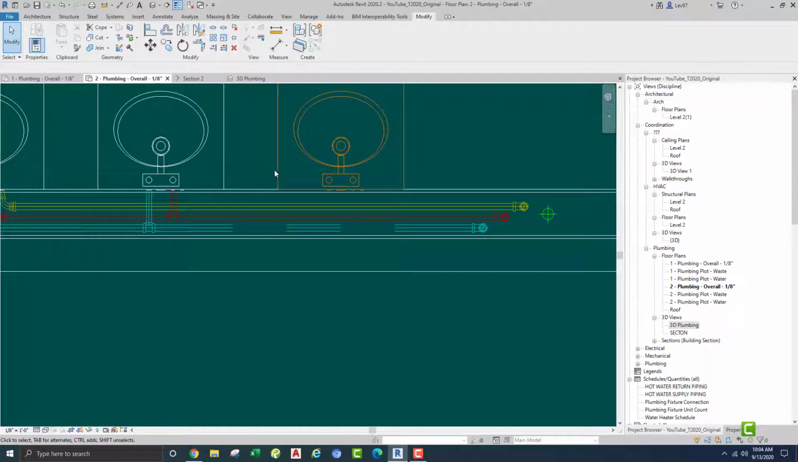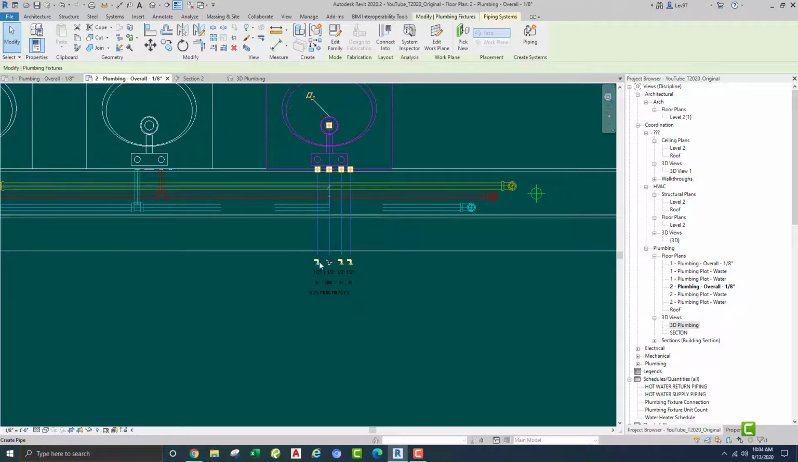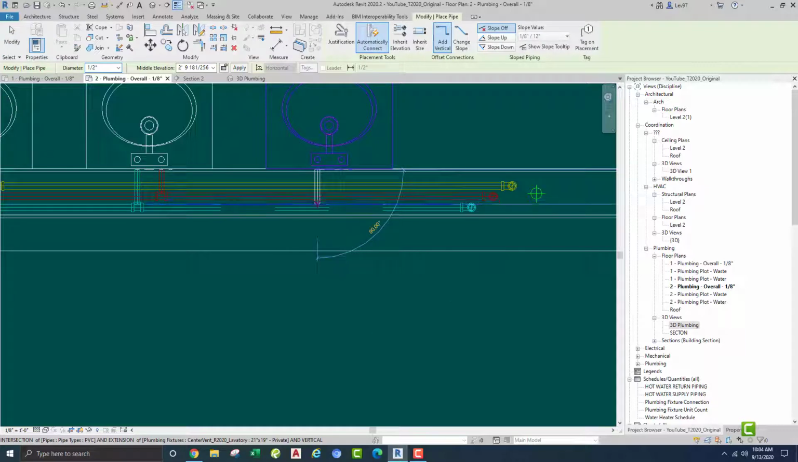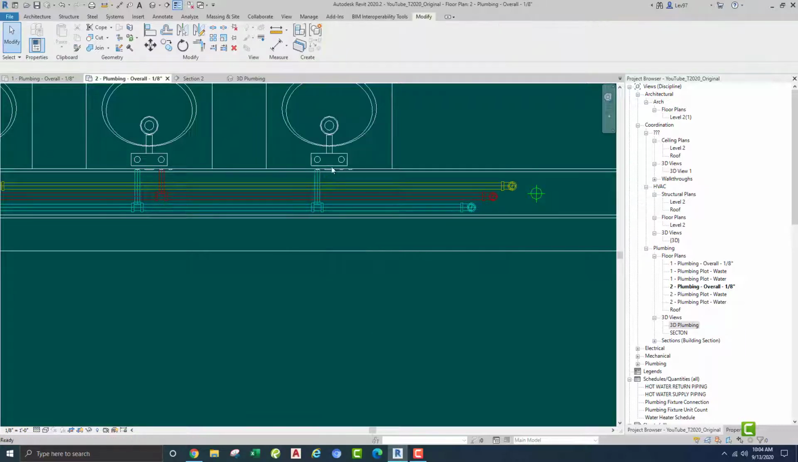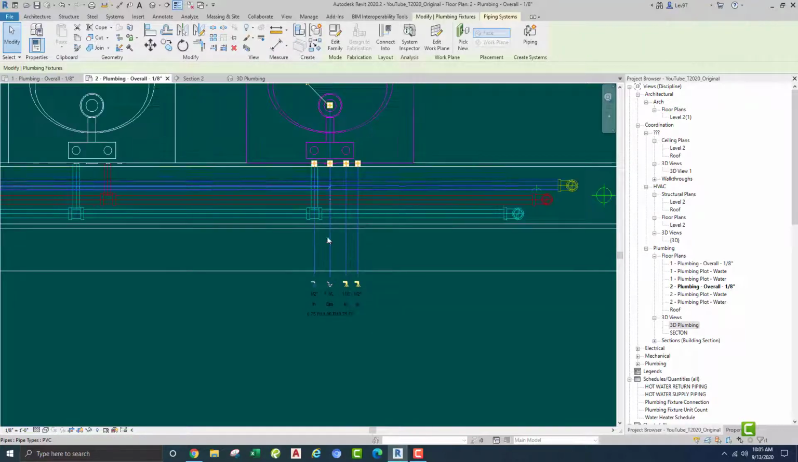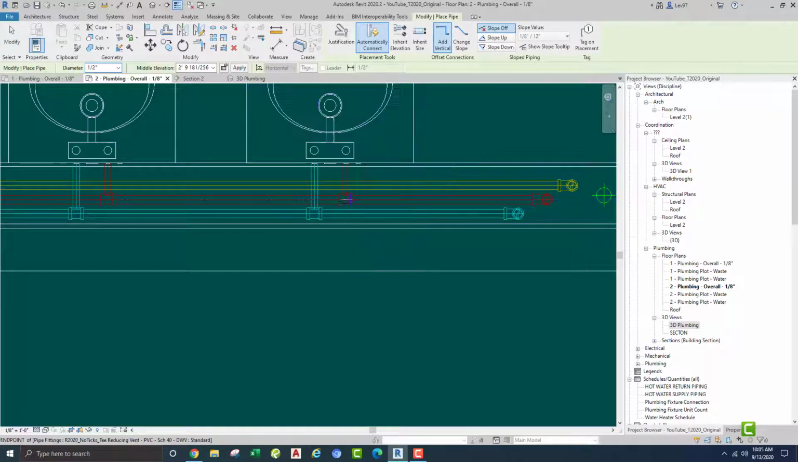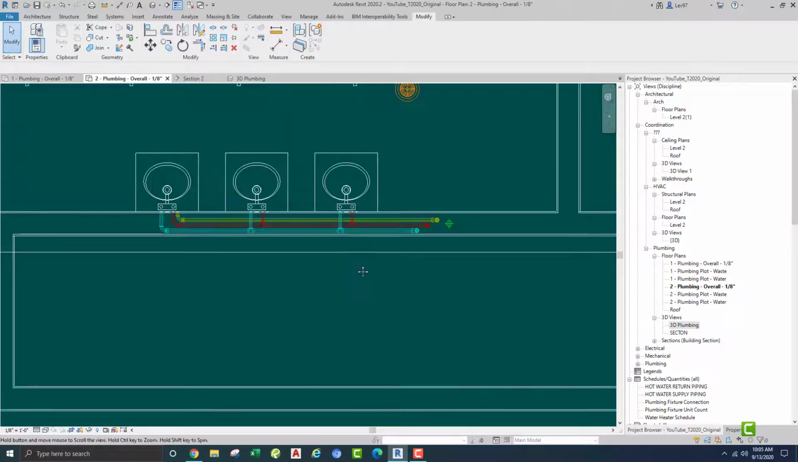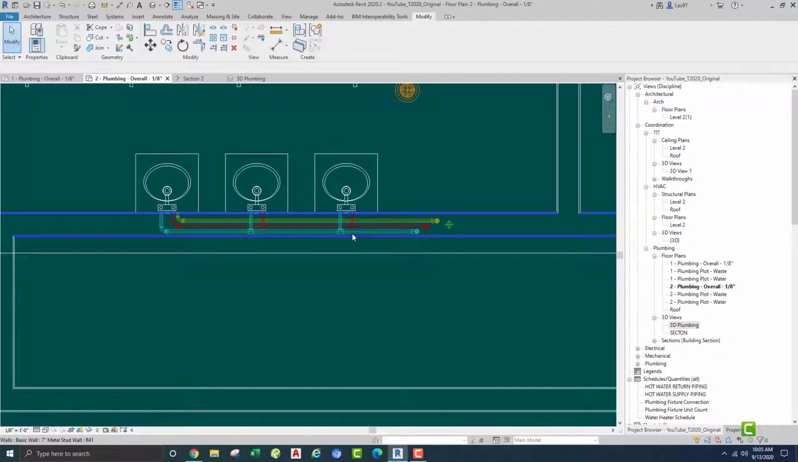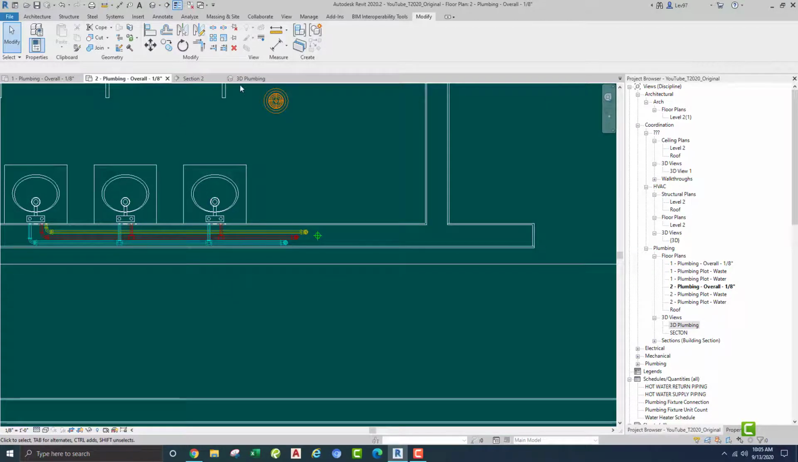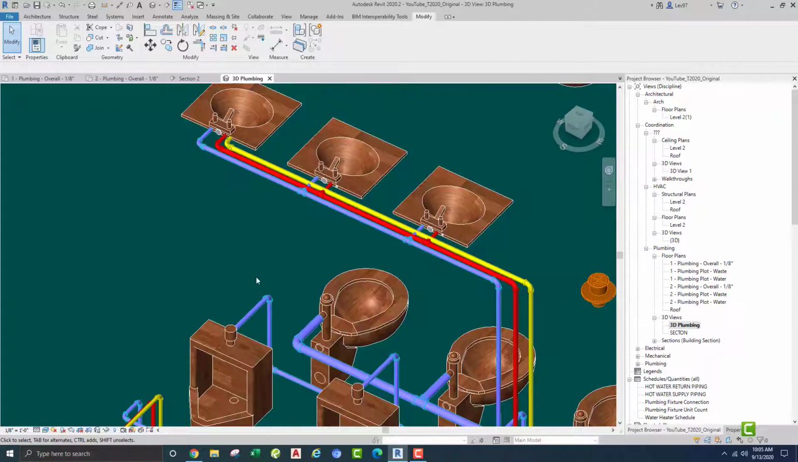That looks good. And the same thing, cold water connection and my hot water connection. Okay, that looks good. So the next thing we need to do is check